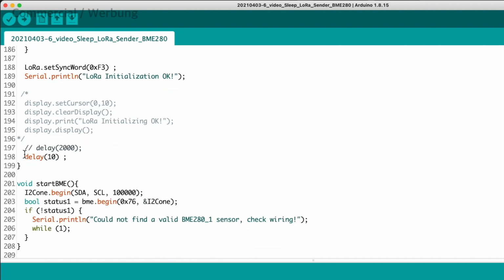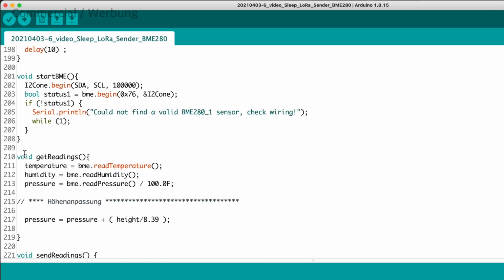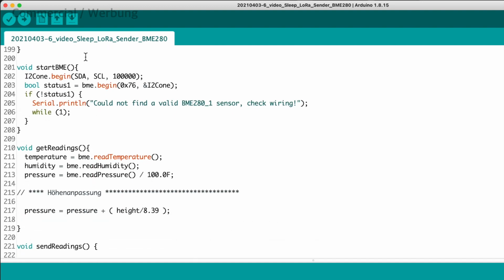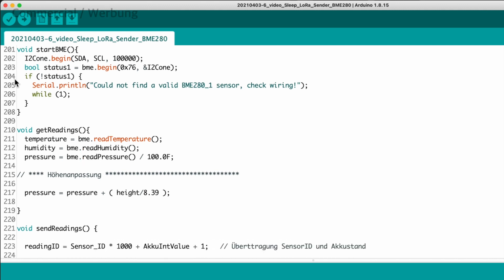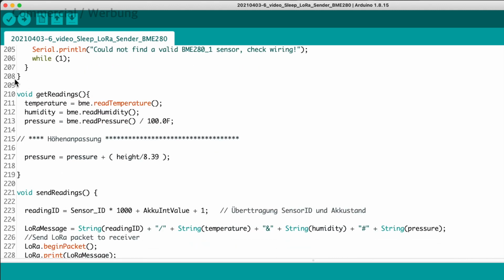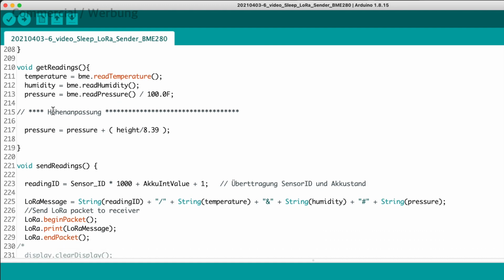The next void is the setup of our sensor. The serial command here is also very helpful in case your wiring is wrong or broken. Get readings controls the sensor readings now, and it performs a simplified sea level normalization for the air pressure.